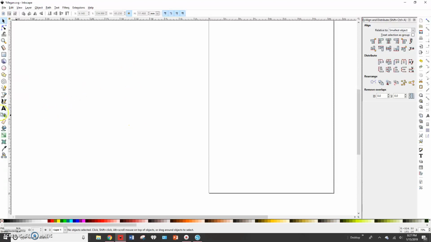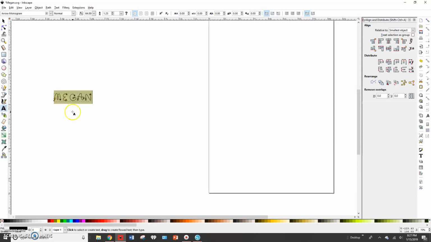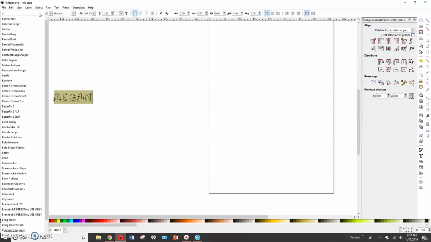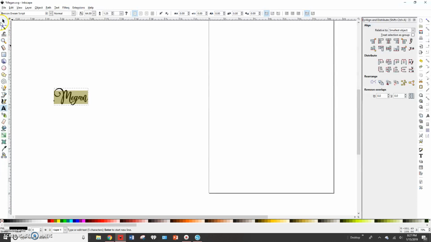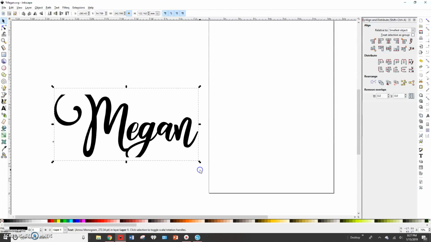So I promised that I would do one of these. I'm just going to show you how to offset in Inkscape, and then I'll show you how to offset in Silhouette Studio. This can work with any font. You'll see that I have an obnoxious amount of fonts. I always lock my aspect, so I just like to work at a bigger